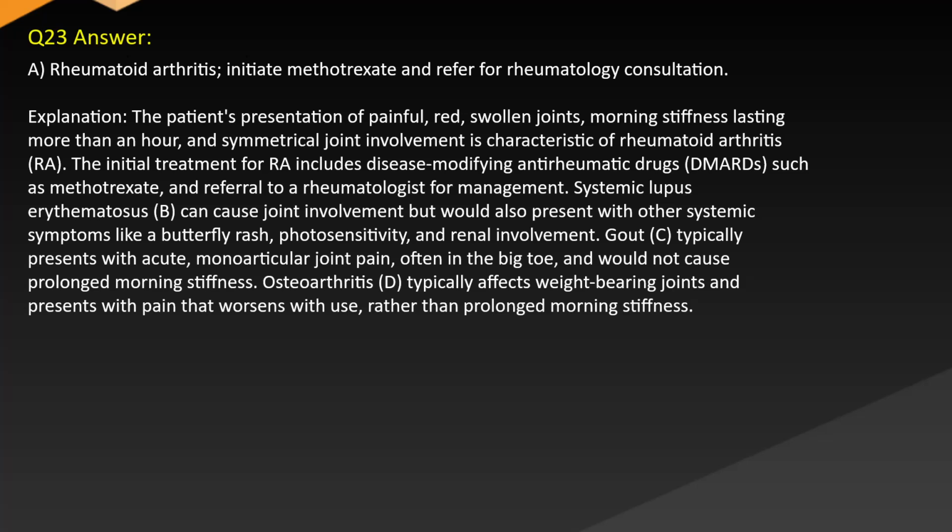Systemic lupus erythematosus (B) can cause joint involvement but would also present with other systemic symptoms like a butterfly rash, photosensitivity, and renal involvement. Gout (C) typically presents with acute monoarticular joint pain, often in the big toe, and would not cause prolonged morning stiffness. Osteoarthritis (D) typically affects weight-bearing joints and presents with pain that worsens with use, rather than prolonged morning